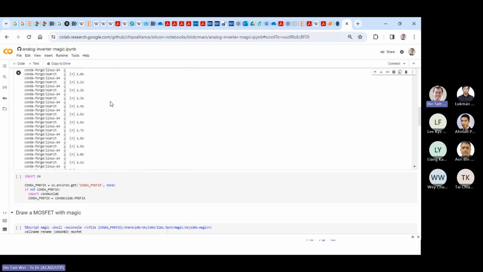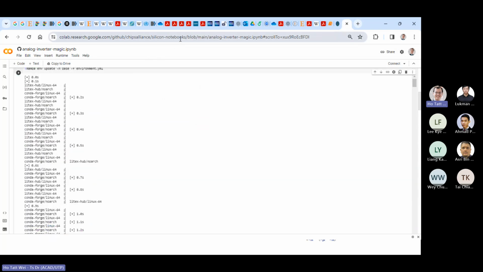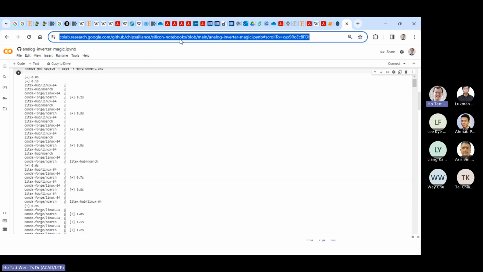My only solution at this point is, if it's working on the Docker, of course it'll be much easier on the Docker because you can carry that anywhere with you. If you still want to use it on Google Colab, use this link which I sent to you in the chat box, or you can talk to Pirdaus to see how he has done it on Anaconda on his local machine.